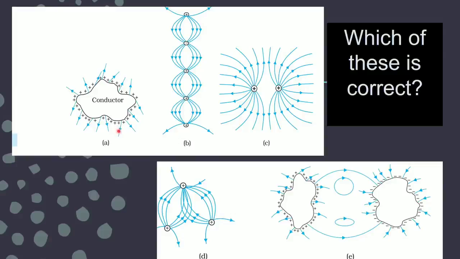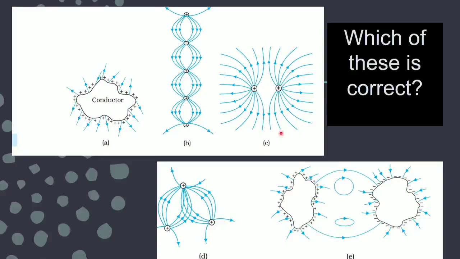So here you can see the conductor is there, but field lines are not drawn perpendicular properly. So this is not correct. And here of course from positive they are coming out and they are ending at positive. Again, it is not correct. In this case, this is the same diagram which we have discussed for two like charges, that they get the lateral displacement in the perpendicular direction.